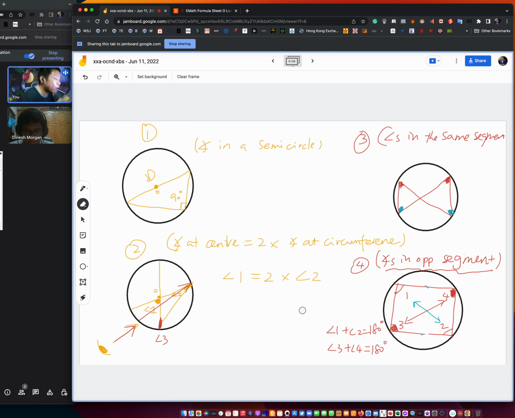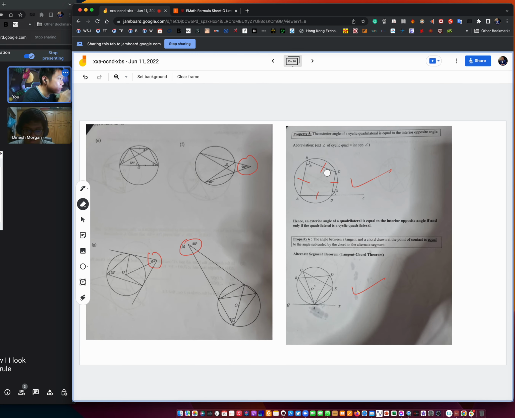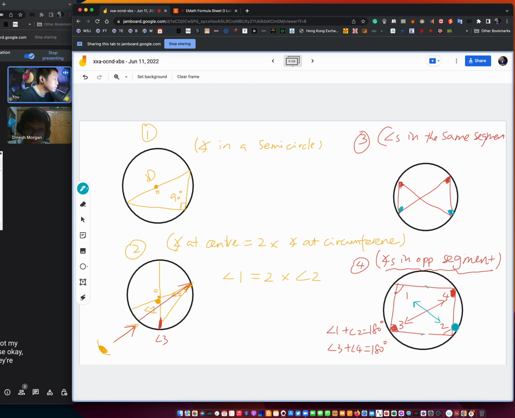So now I look at this rule, property 5 here. It says this external angle of a cyclic quadrilateral, which is x, is equal to b in this case. Do you know why? Basically, they are using my rule. I mean, maybe it's not my rule, but basically they are using this rule because